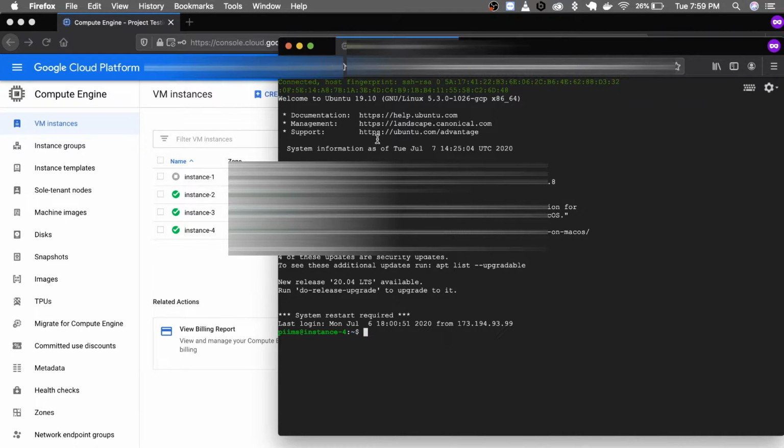We have our Ubuntu server up and running in this virtual machine, so first we'll update our operating system. For that we will type the command sudo apt-get update. This command will update our operating system with the latest features or latest code.